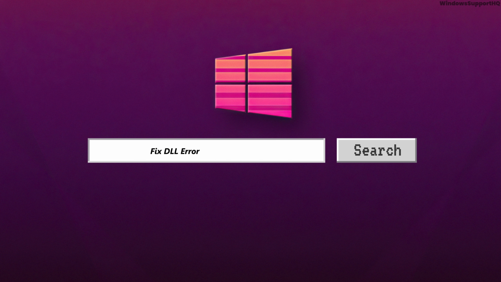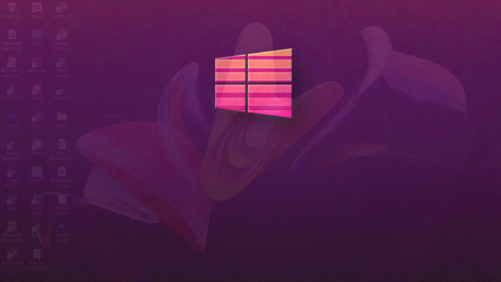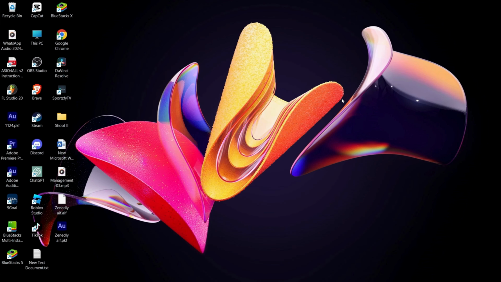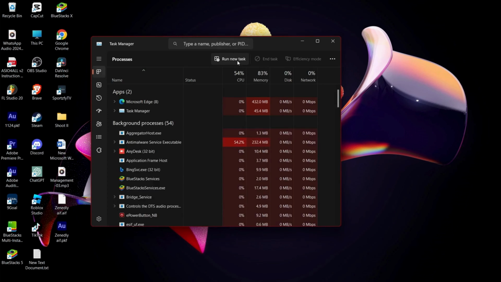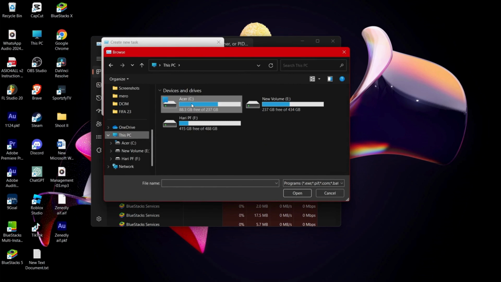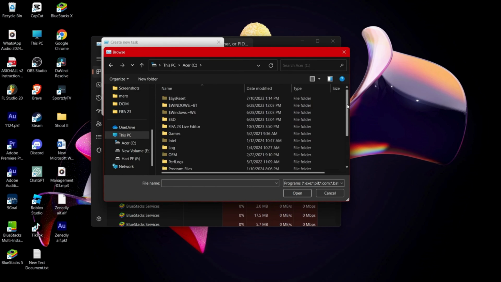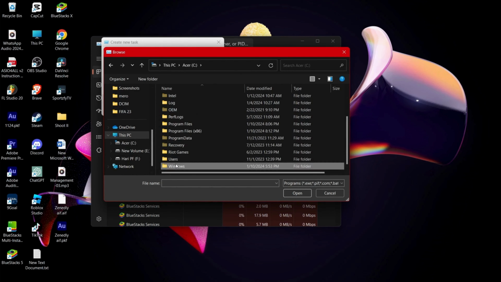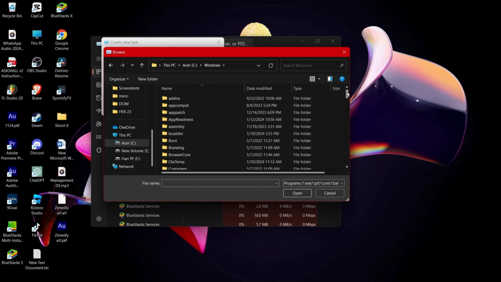How to fix DLL errors in Windows 11. So in order to fix this issue, let's first open up the Task Manager. From here, select Run new task, select Browse, go to This PC and then open up drive C or the system folder. From here, go to Windows, select System32